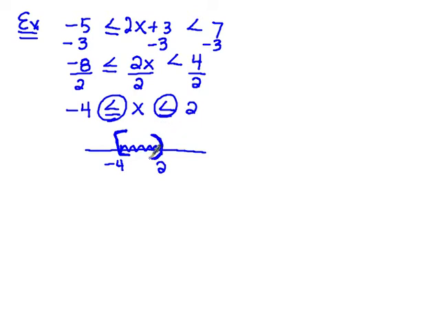So the interval notation would be from negative 4 to 2 with a bracket on the left and a parentheses on the right. Now, when you look through this problem, since I've got it vertically like I do here, you should be able to look up and see a bracket, and then see the less than or equal to sign. And on the right-hand side, I see a parentheses, and then the strictly less than sign. Okay? They should match up. That's all of section